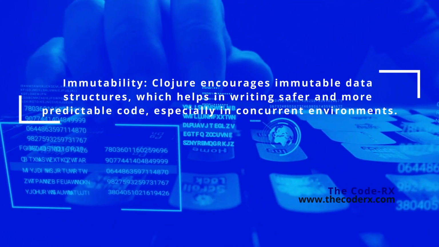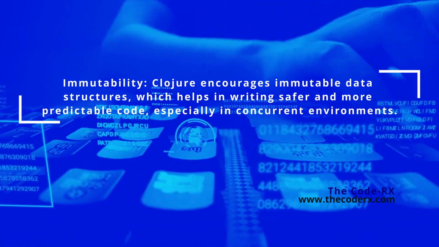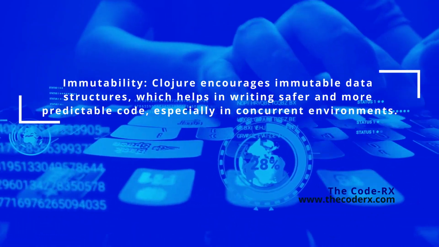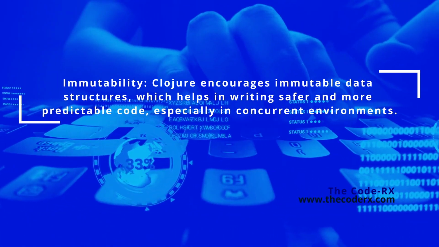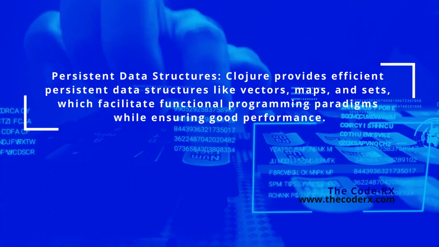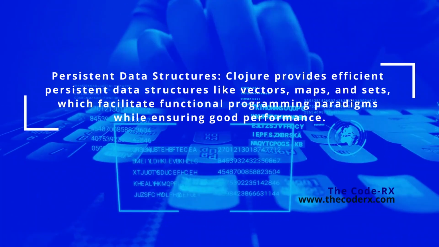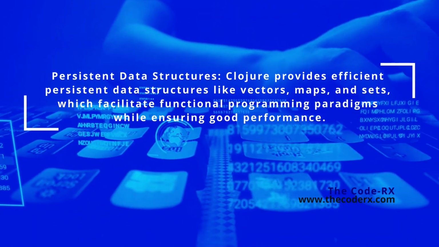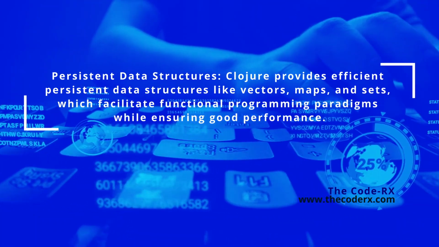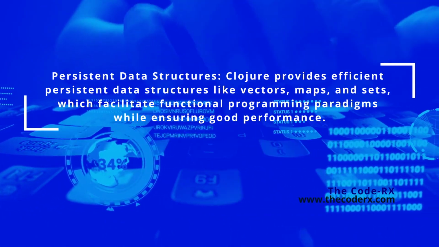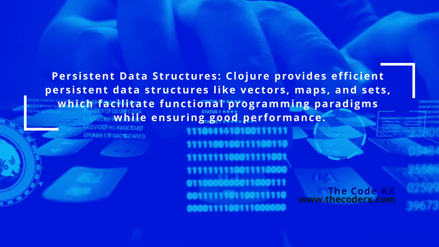All right, so now let's talk about some of the key features of Clojure. First of all, I had mentioned immutability. Clojure encourages immutable data structures, which helps in writing safer and more predictable code, especially in concurrent environments. Now, another key feature would be persistent data structures. Now, Clojure provides efficient, persistent data structures like vectors, maps, and sets, which facilitate functional programming paradigms while ensuring good